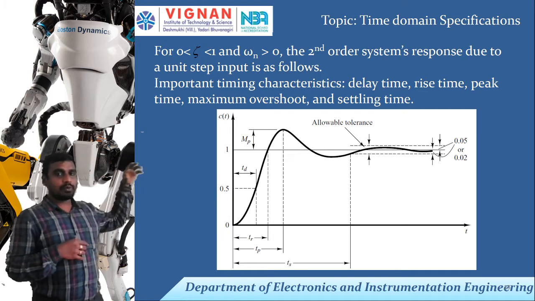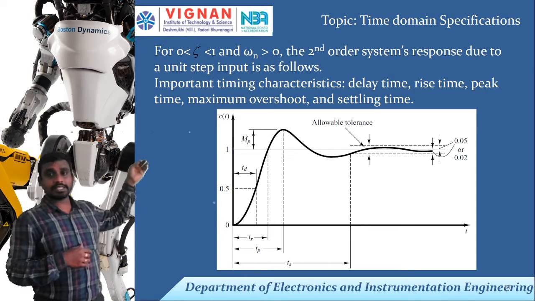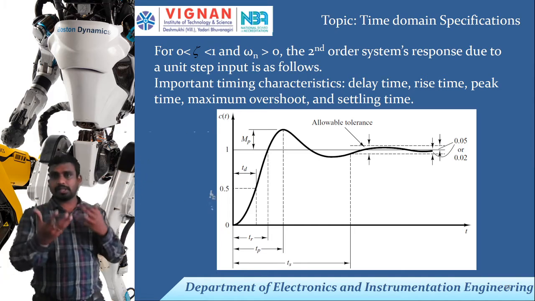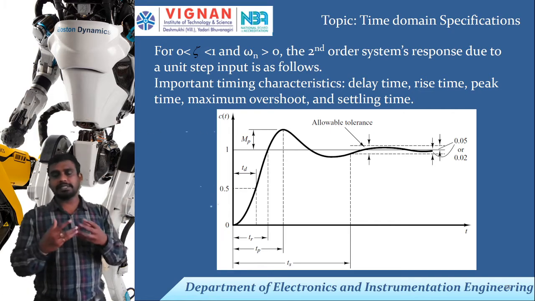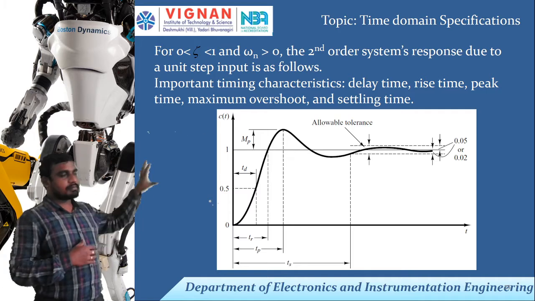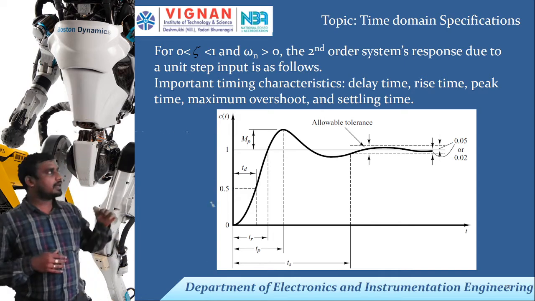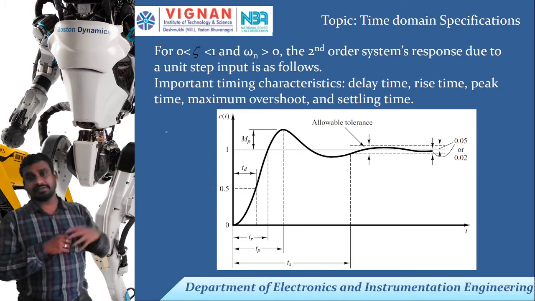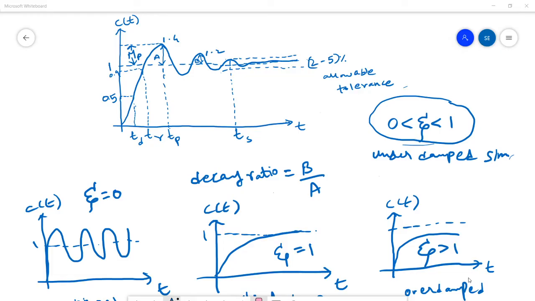Next, we need to derive the mathematical expressions for all these terminologies: delay time, rise time, peak time, maximum peak overshoot, and settling time, so that we can control these parameters by manipulating some changes. That is actually the compensator. We will discuss it, but you have to remember all these terminologies, and we'll start deriving these terms. We'll understand how they vary when the system input is varying or when the zeta value is varying, right? So we'll start deriving.